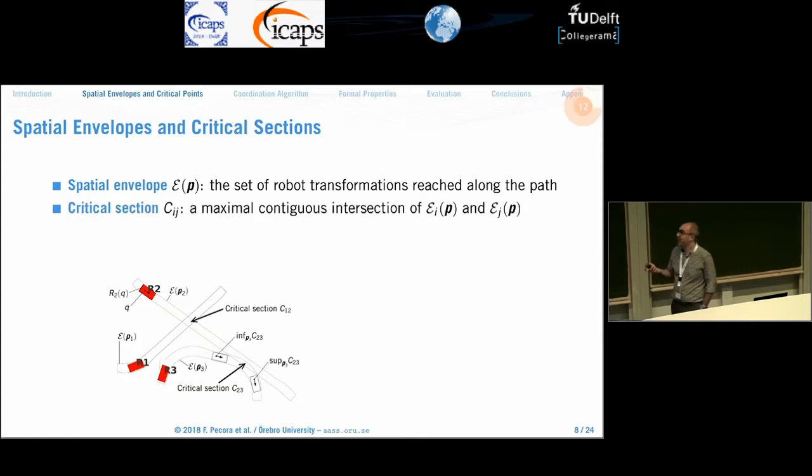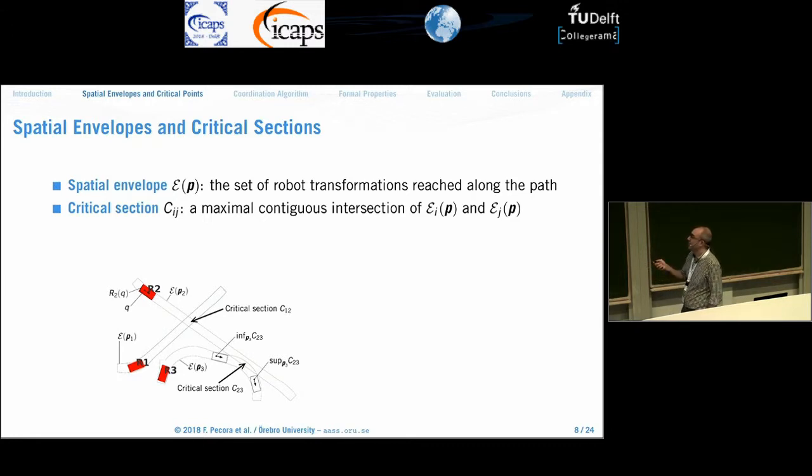Now if we can do that, we can define what we call a critical section, and that is a maximal contiguous intersection of spatial envelopes. Okay? So this area here would be a critical section, and in fact, let's look at this other critical section. You can see that there are another two interesting attributes of a critical section, namely the infimum and the supremum